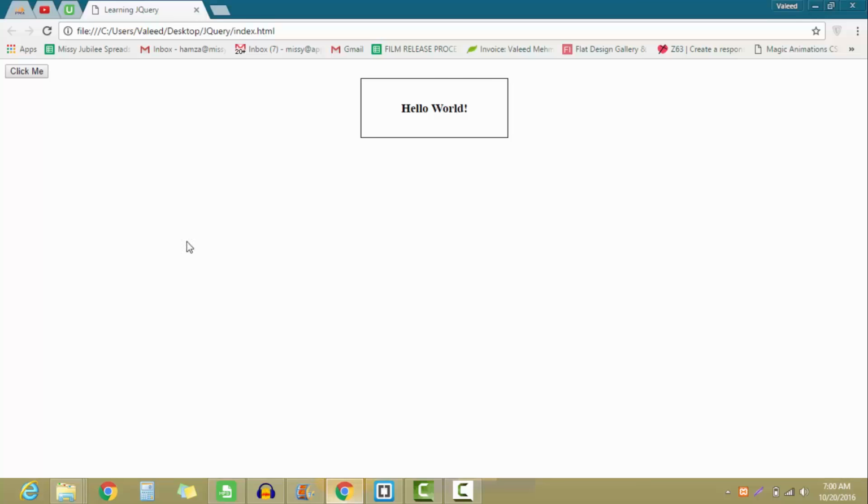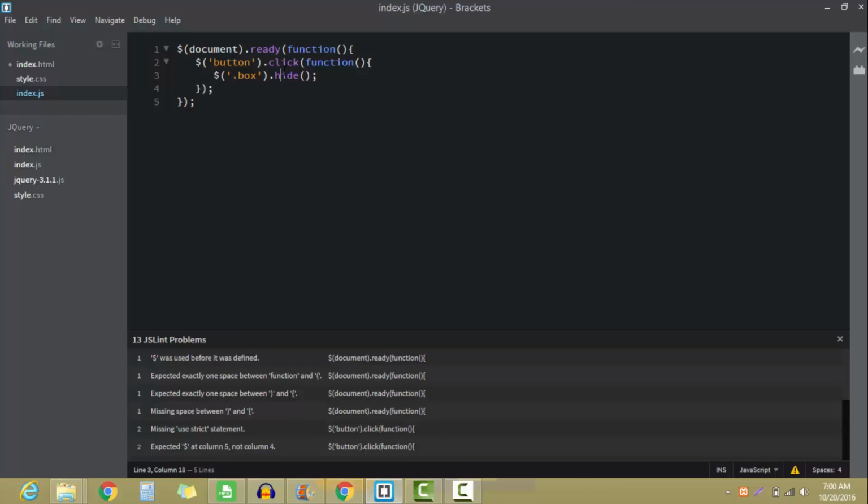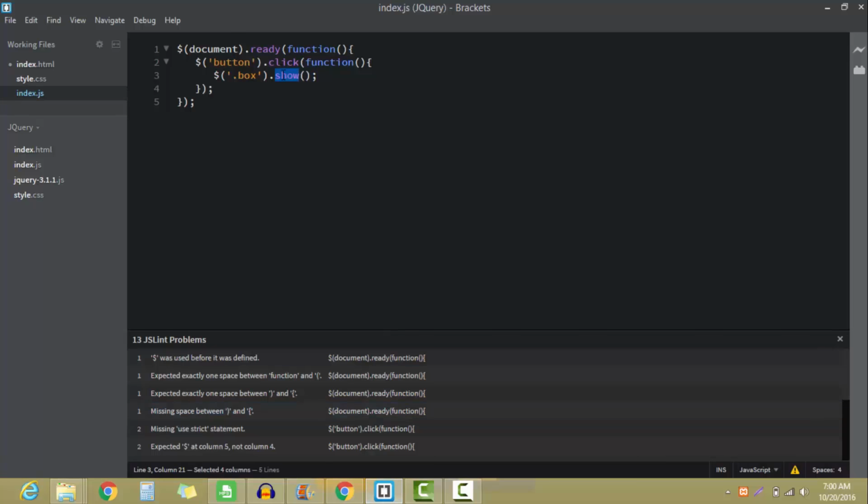So I need to check on the browser. Click. As you can see, when I click the button, the box has disappeared. So when I write the show function over here, show, and when I click back, so the toggle function,